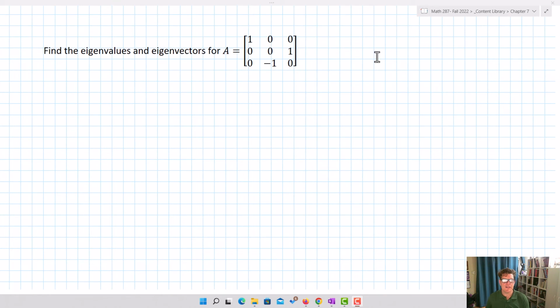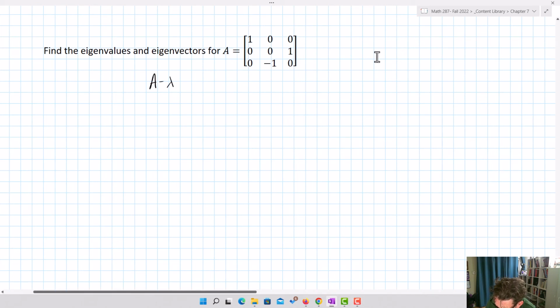Now let's find the eigenvectors and the eigenvalues for A equals 1, 0, 0, 0, 0, 1, 0, negative 1, 0. And we're going to see something slightly different here, but it's something that we can still work with. So we're first going to